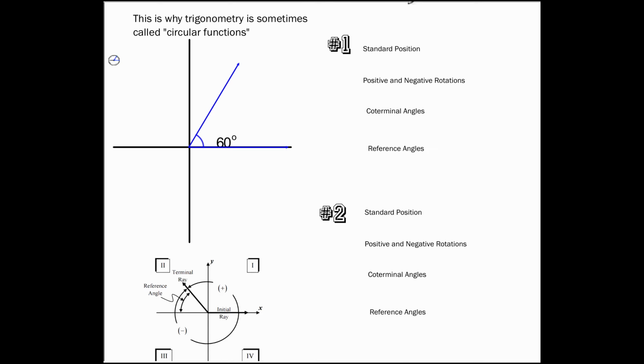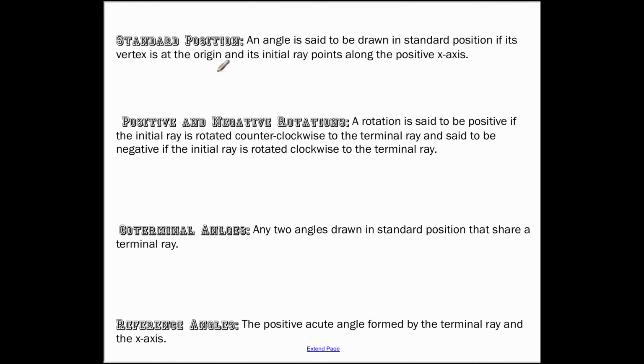Now, first of all, let's review some of our words. We know that this is the initial ray because that's where our angle started. We know that this here is the terminal ray because that's where we ended. And this angle is 60 degrees. It is right now in standard position. Right? Standard position told us an angle is said to be drawn in standard position if its vertex